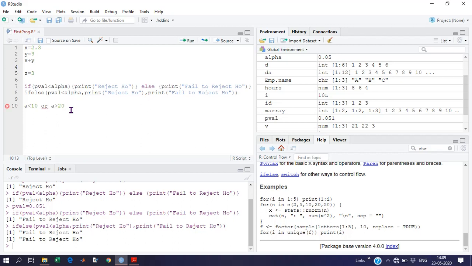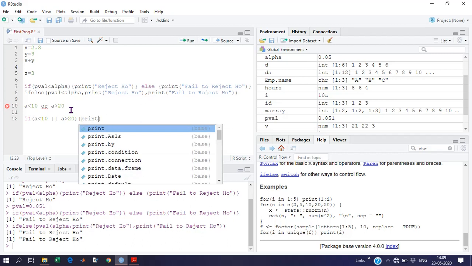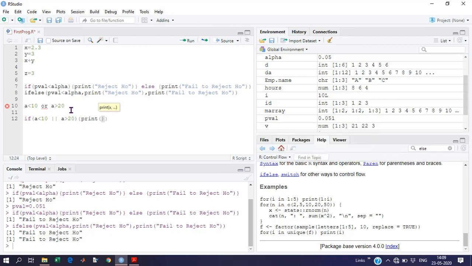In that case, we will put here if a is less than 10, or instead of or we can use and, a greater than 20, then print something.